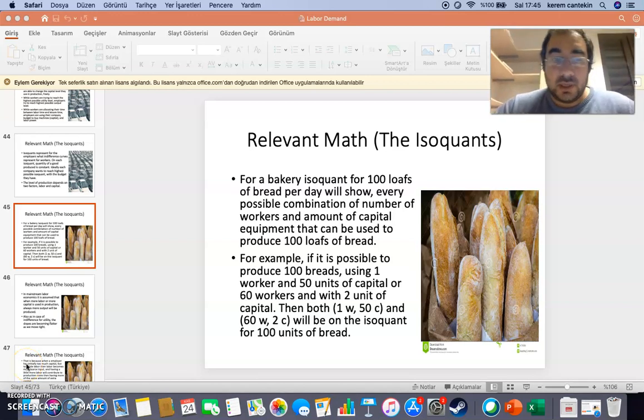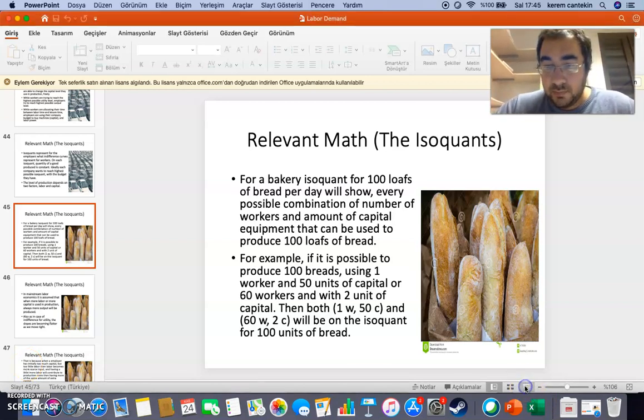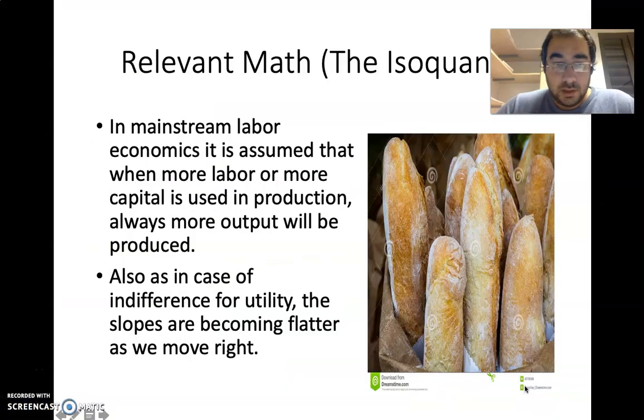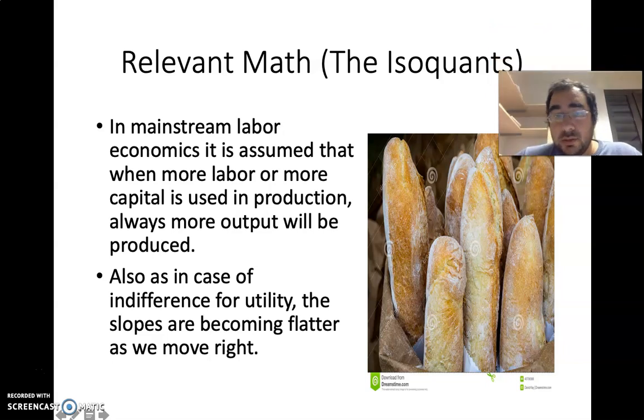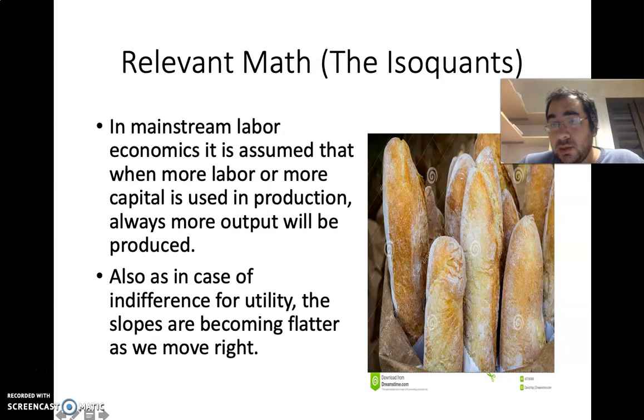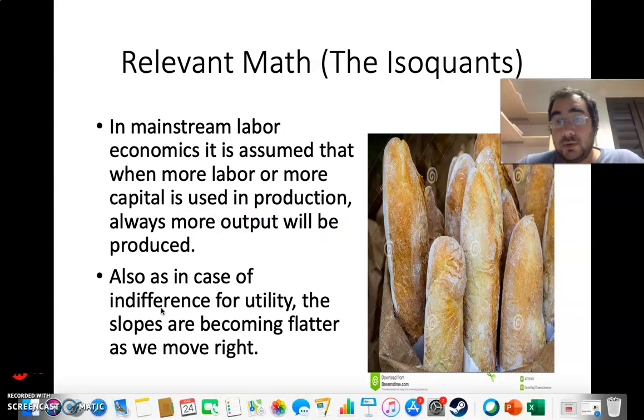Now, let's continue with the isoquants. Well, isoquants have exactly the same characteristics as indifference curves. When you go to the right or above them, you get a higher quantity, and that's because